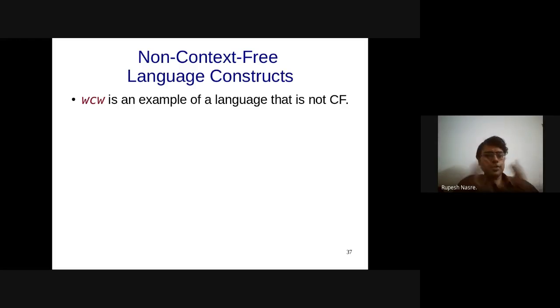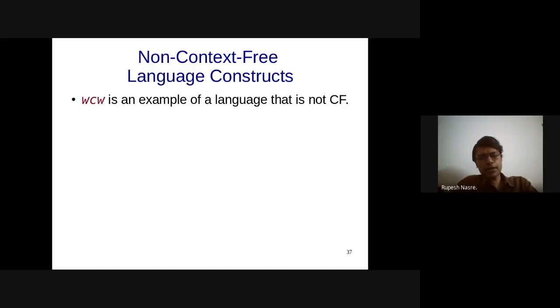So W is some arbitrary string, whatever you define. C need not be a character, it could be another string. And then W is the same string that was initially checked. Together, this talks about something when we do parsing or programming. Can somebody think about that?